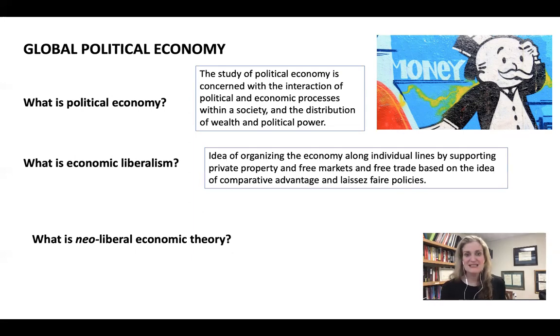Economic liberalism is the idea of organizing the economy along individual lines by supporting private property, free markets, and free trade based on the idea of comparative advantage, and laissez-faire policies. Laissez-faire means let it be, the invisible hand of the market. The market knows best, okay? Liberalism has connections with freedom here. In this case, freedom is connected with freedom of the market rather than other types of freedoms when we're talking